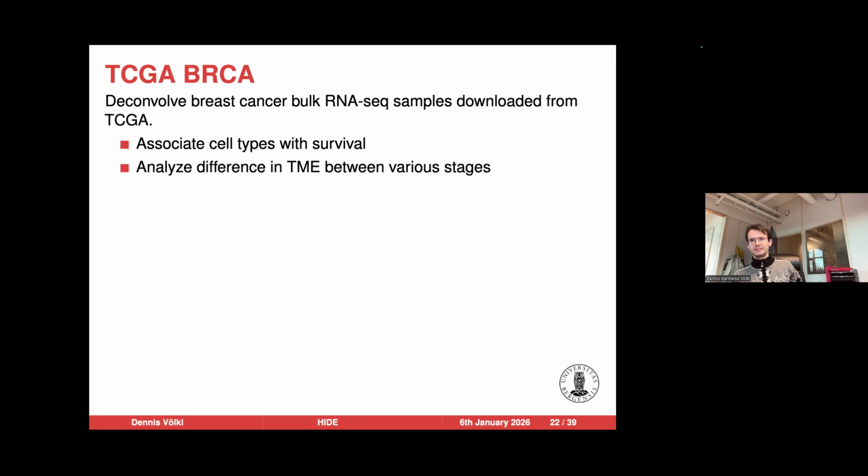Then, of course, we were interested in how our model performs on real-world data. So we used the trained model on breast cancer samples that we downloaded from the Cancer Genome Atlas, or TCGA. And then we performed 2 example analyses. First, we associated cell types with their effect on patient survival, and then analyzed differences in the tumor microenvironment between